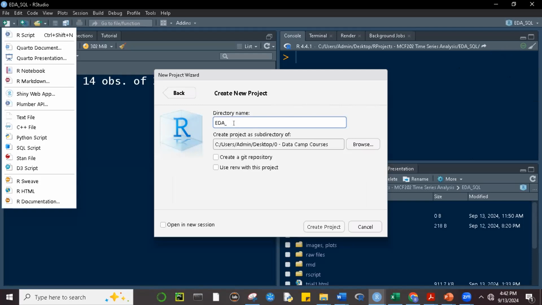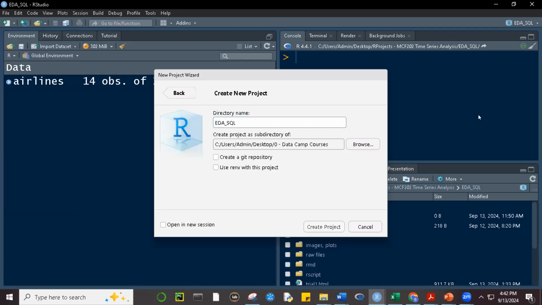What does EDA stand for? EDA stands for exploratory data analysis. SQL stands for structured query language. Okay, and then